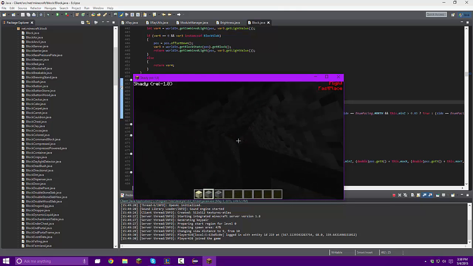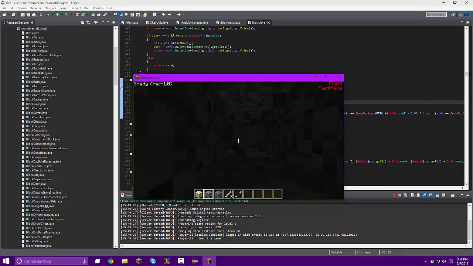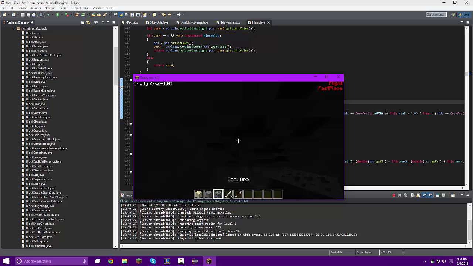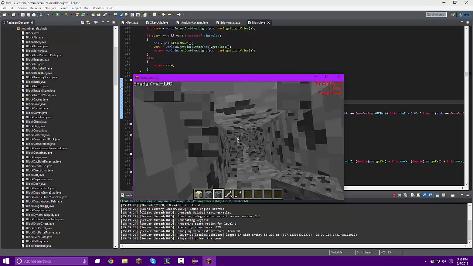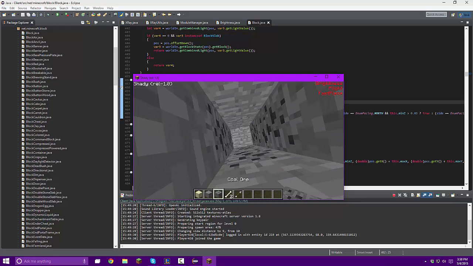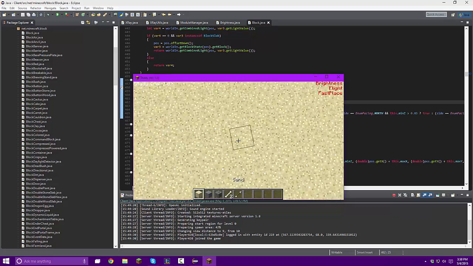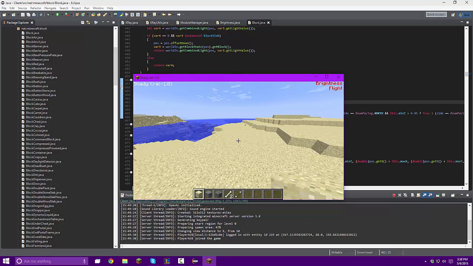Oh, okay. Just kill the skeleton. It's intruding on valuable property. I can't see a thing. There we go. So yeah, that's how you make an